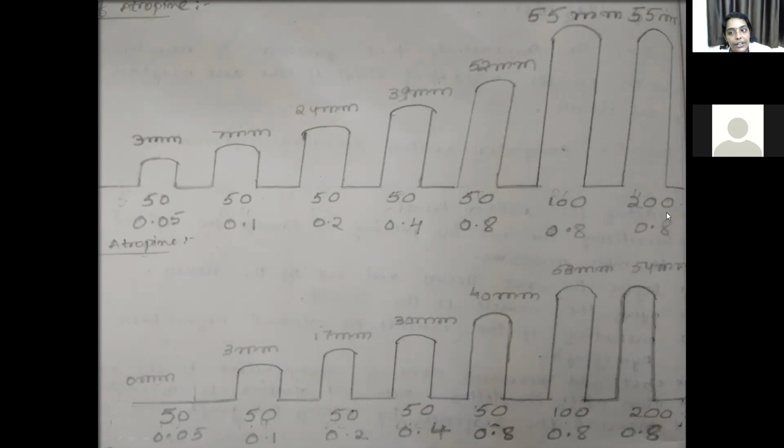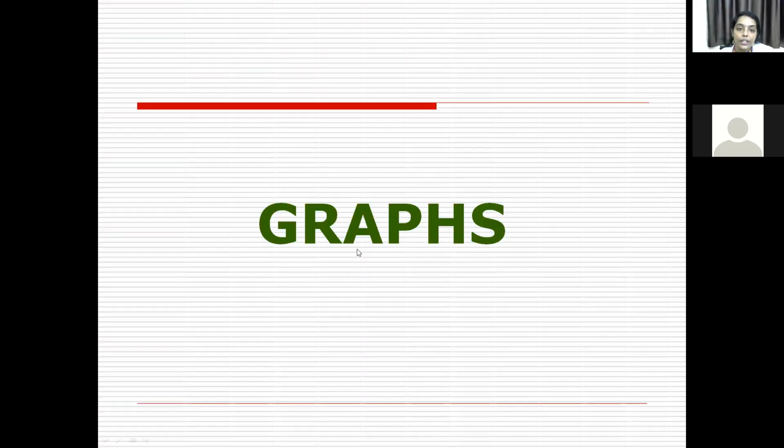And with further increase in the dose, it was the same height. So this is what we call the supramaximal response. So this particular graph is in the absence of atropine. So now you do the next graph. Now you stop the experiment here. Then again you start plotting.